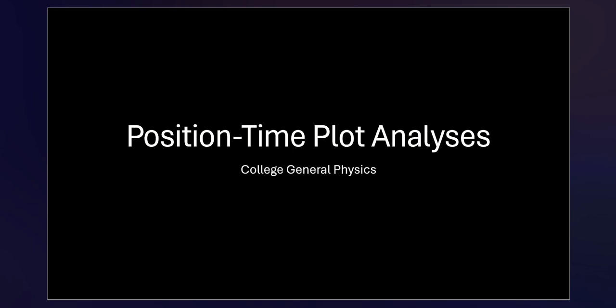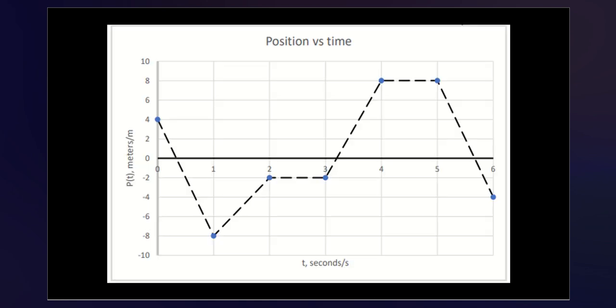What we're going to be looking at is our position-time plot and pulling various bits of information out of one of our examples. One example here is, let's say there is a motion sensor at the origin of our graph that has position versus time in meters and seconds, and some object starting at 4 meters forward of the